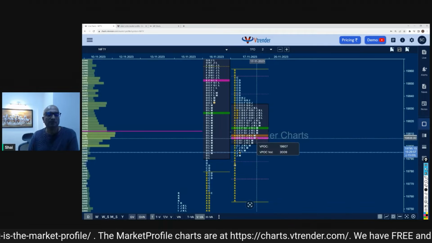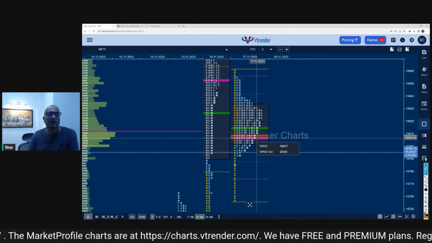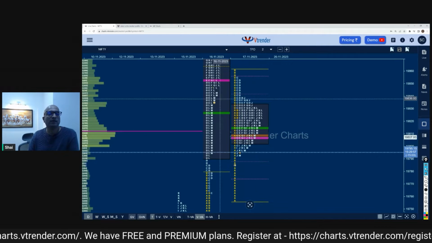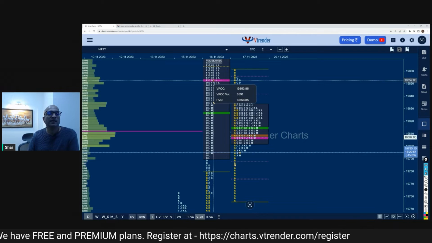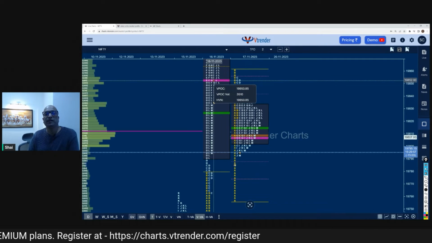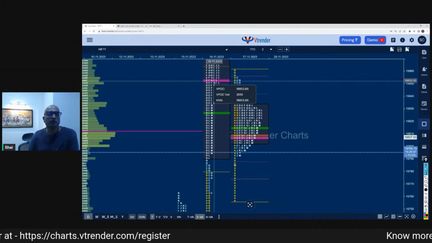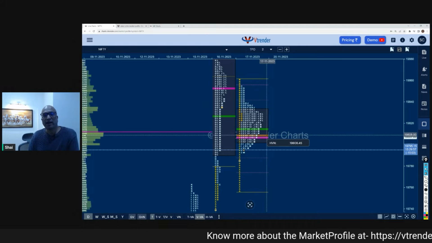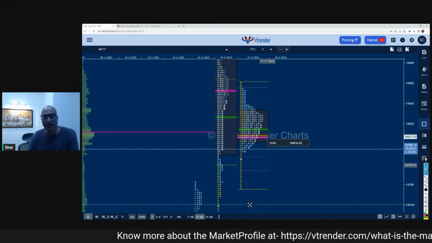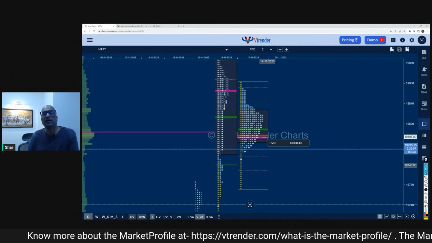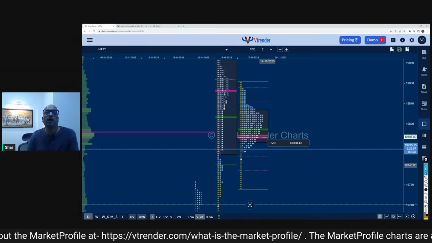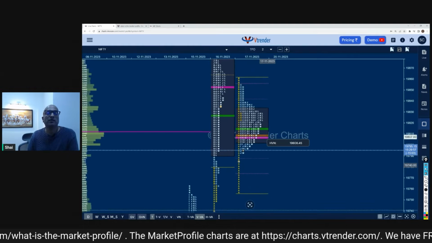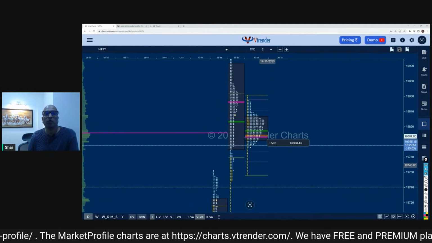So in all our charts, you'll get this thing called VPOC, which is currently of today at about 19,807, and of yesterday it is at about 19,853. Now what is this VPOC? VPOC is a zone within the value area of the profile, and it represents the zone where the market traded the maximum volume, right?